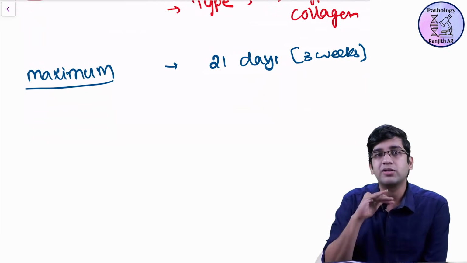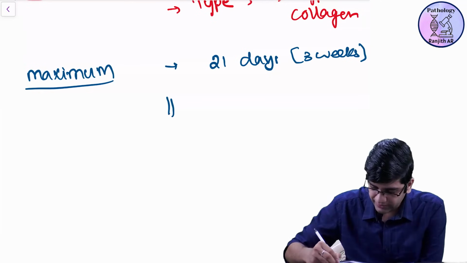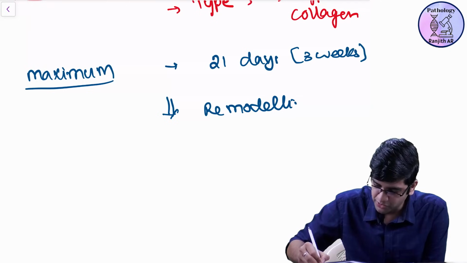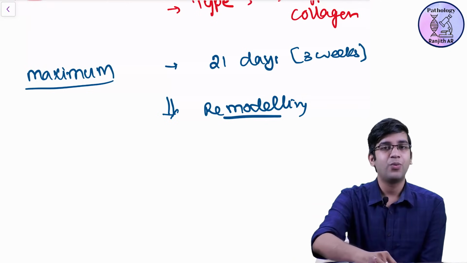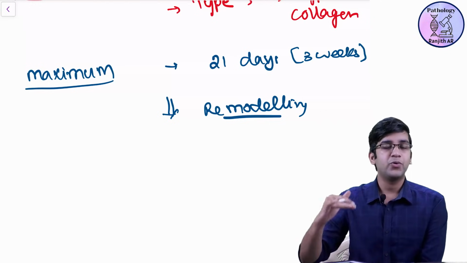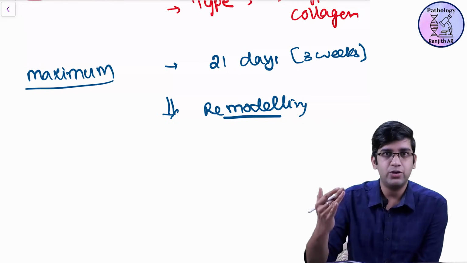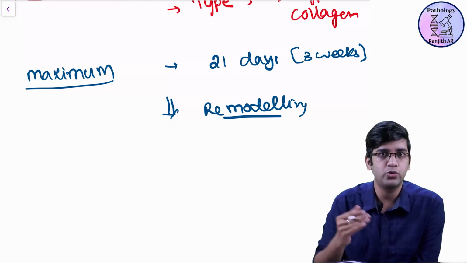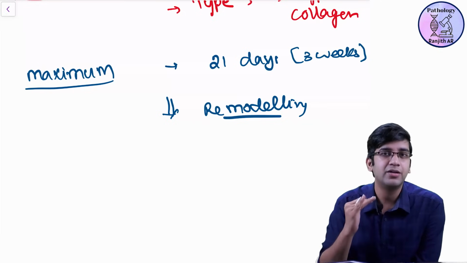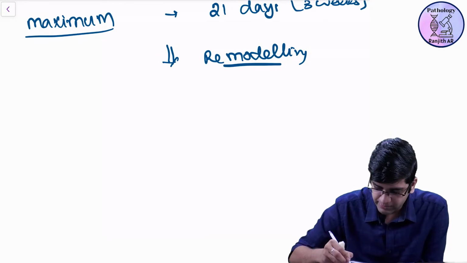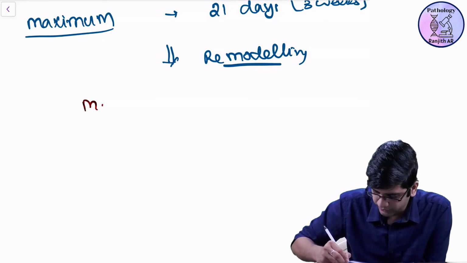After 3 weeks, I'm also not done. I'm going to have something called remodeling. Remodeling is very important, right? What I'm going to do during remodeling is have a few matrix metalloproteinases coming in. Remove the collagen, lay down new collagen. Remove the collagen, lay down new collagen. So that I'll have a perfect, or at least near perfect, scar. So the remodeling happens with the help of a few things called